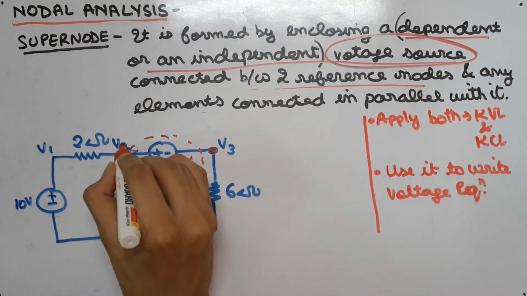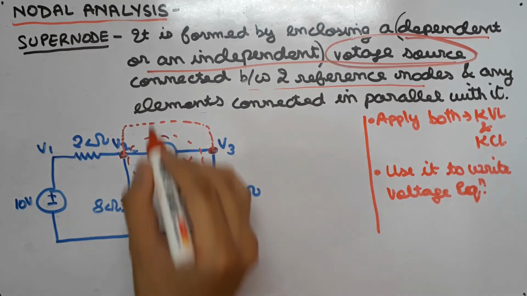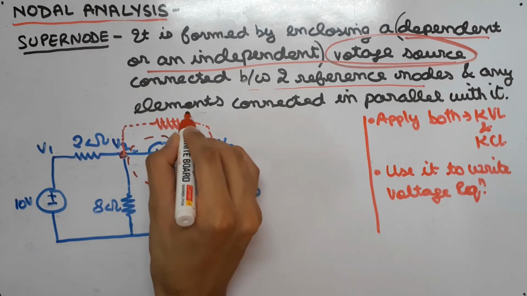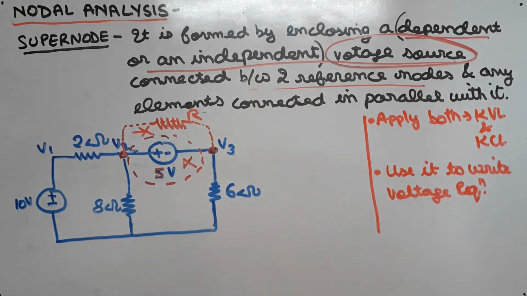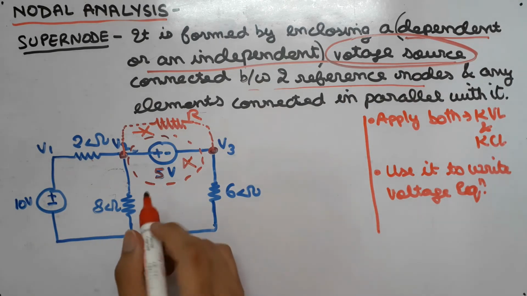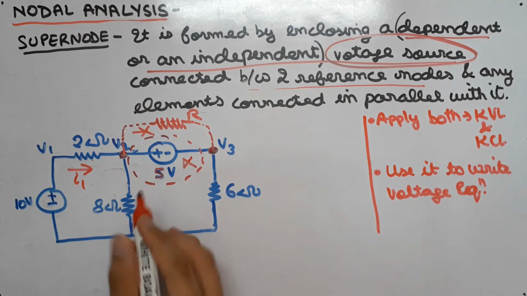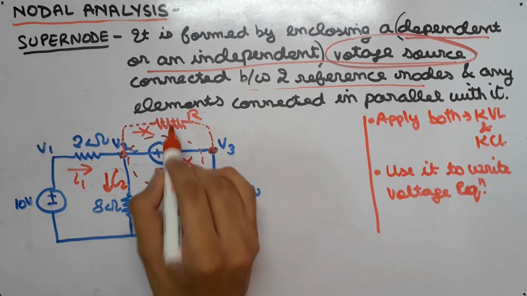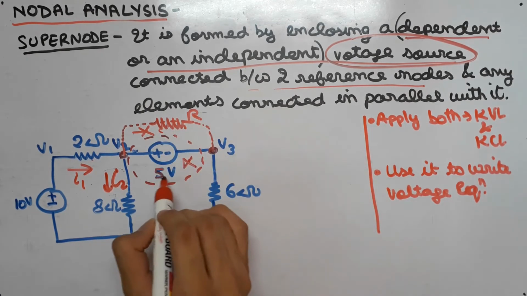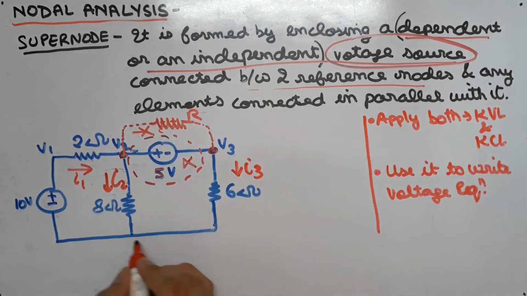Similarly, if we have an element that is connected in parallel to this part of the circuit, suppose we have a resistor over here, say R, similarly we won't assume any current to flow over here. That is, in both of these parts, we will not assume any current to flow. Let us understand this by an example. Let us suppose that I1 is flowing in this branch, I2 is flowing over here, but we won't assume any current to flow in these two branches, that is in the R resistor branch and in the 5 volt battery branch. And let us assume I3 to flow from V3 to 0 voltage.